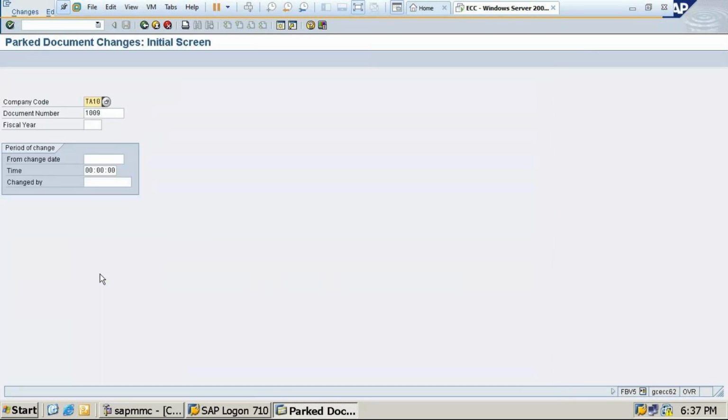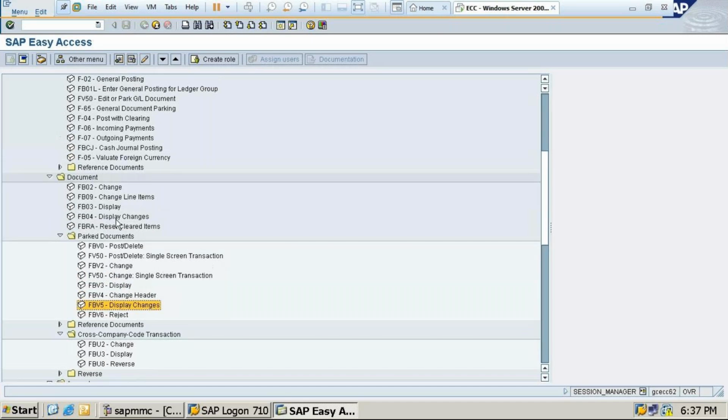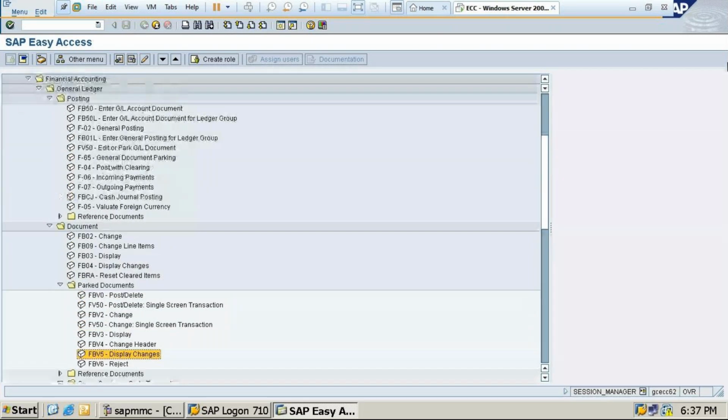FB50 display changes. We have not done any changes. If you have done any changes, it will be displaying. Change display screen. Please write the T codes that are displaying on the screen. So I am going to show you now what T codes, value for foreign exchange. This and all in the coming classes we are going to do. So what we did, FB65 we did, FB50 is there, F-02 general posting we did. Please make a note of what we have done. So I'll put one cursor, you can just write the headings and all.